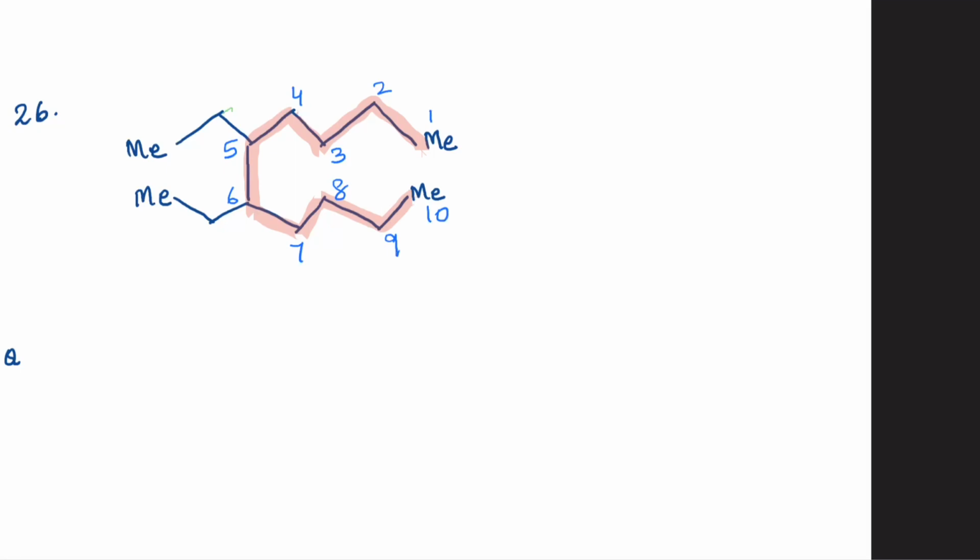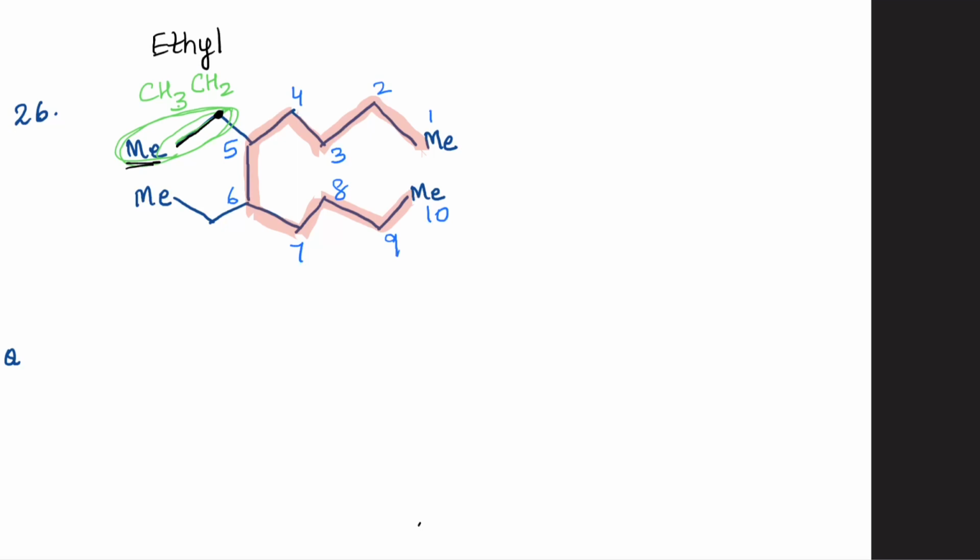Also, be very, very careful when you number this side chain because this group is actually CH2CH3, which makes it an ethyl group. Although superficially, you are seeing it only as Me. No, there is a carbon here at the vertex as well. So be very, very careful when naming the substituent here.